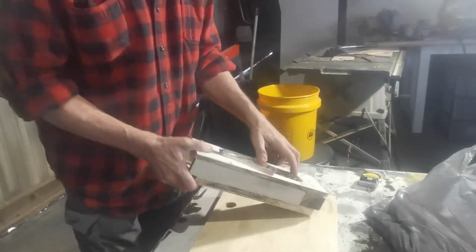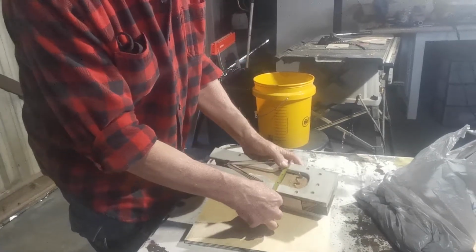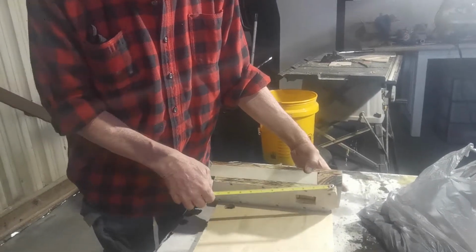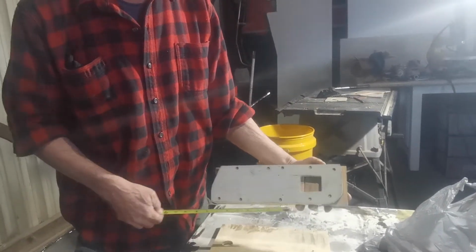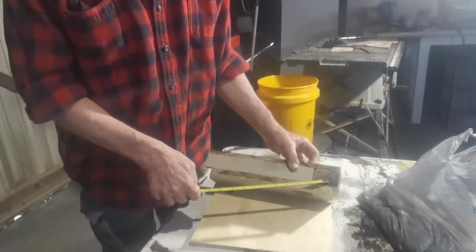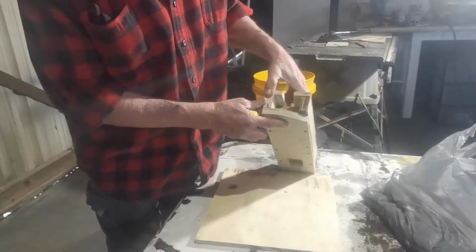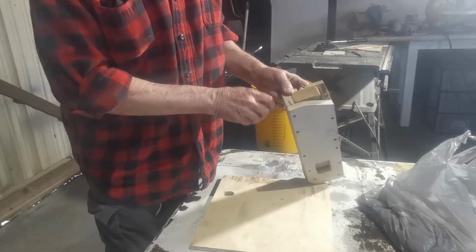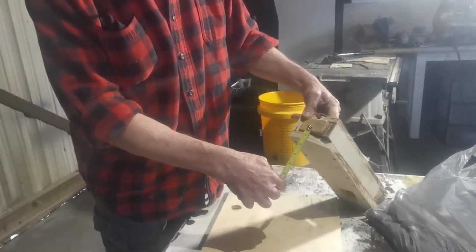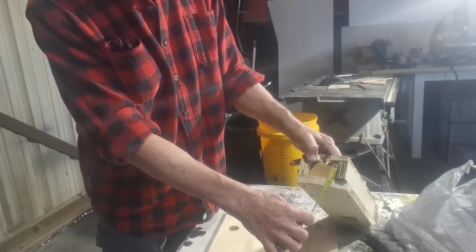Okay, so what we made was about 4 inches by 13.5 inches, half-inch plywood top, 3/4 inch bottom, just off an old piece of scrap. Cut a hole in the bottom for the nuts to drop out, and then a 2x4 here, and then 3/4 inch plywood on each side with a 2x4 cut down to 2.5 inches across, and the standard 2x4 is 1.5 inch,